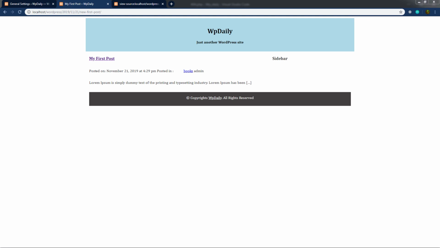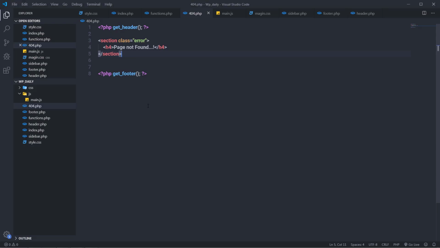Now, in this lecture, we'll understand how you can change the layout of the single blog post. So you can notice here, when you click on the blog post, it will look something like this. But I want to display all the content on this single blog post page. So what I'm going to do is go back to my editor, and here I'm going to